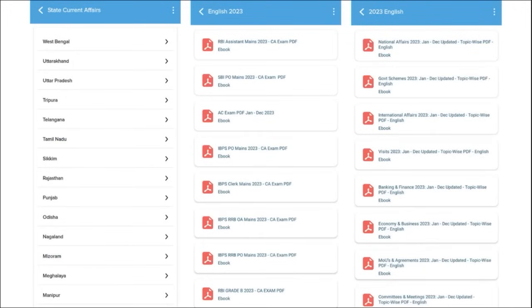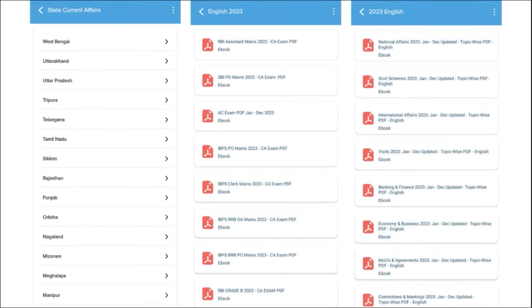One of the most important segments of our application is that we make sure to provide you with the correct exam analysis. When you are having an exam, we provide you with previous year questions so that the student can go through the exam pattern and the syllabus and prepare for the exam accordingly based on the pattern. After the exam, we also make sure to provide you with the exam analysis.